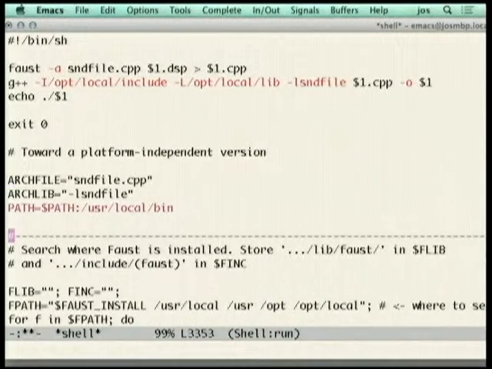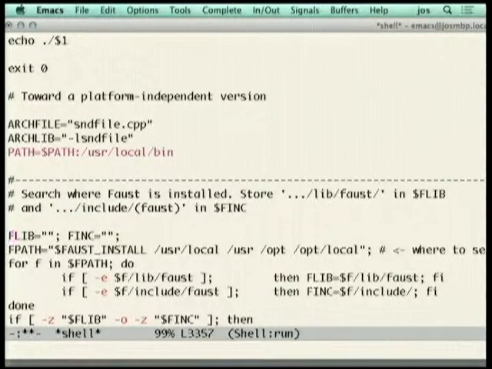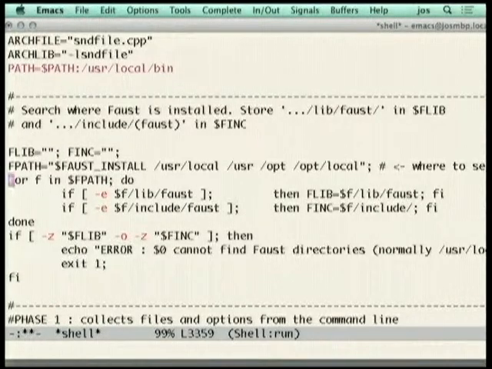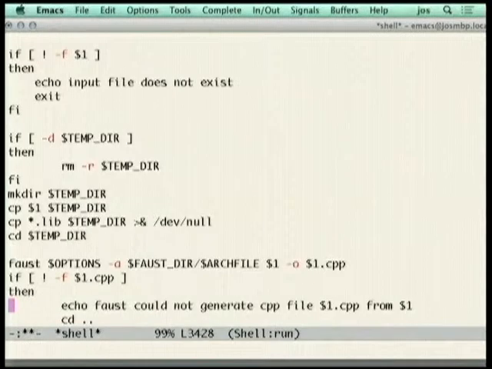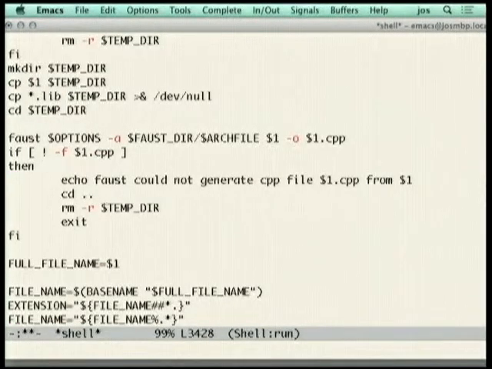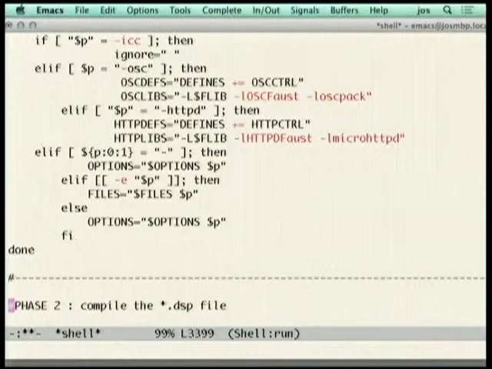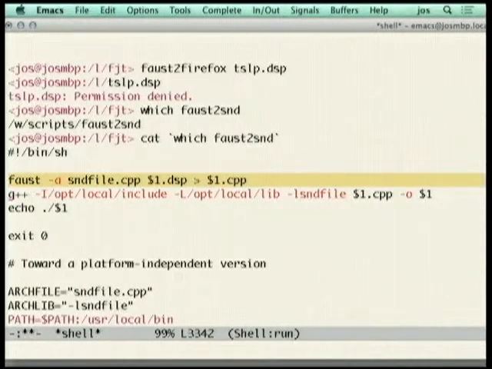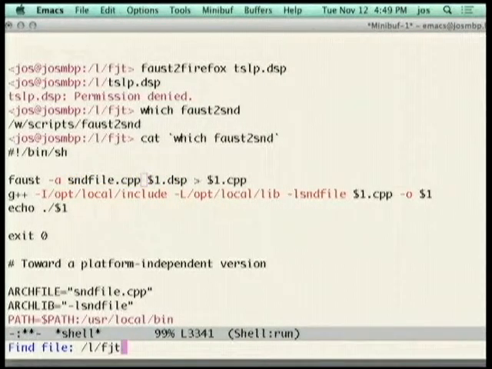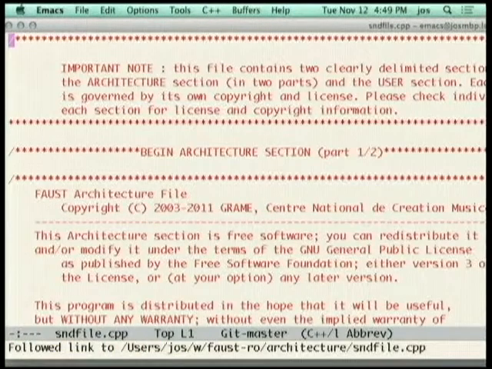It's just, I find it really a pain. Some of them are better. The Python stuff is pretty good, but doing it in the makefile is very cool if you can get away with it, if it works. So the active ingredient here is this one line. Where is it? Let's find Faust -A. This is it. So you say Faust compiler, and you give it a -A argument, which is the architecture file to use. And so there's an architecture file, sndfile.cpp, and you can go find that and see what it is, and you see that